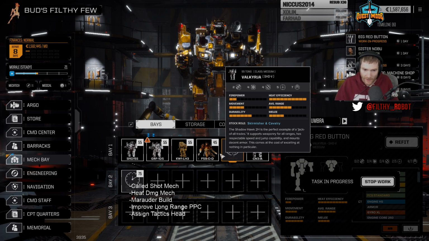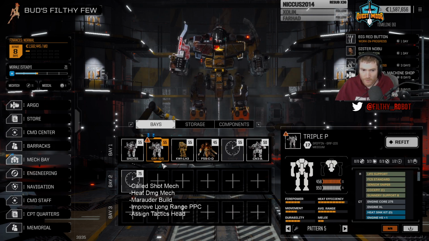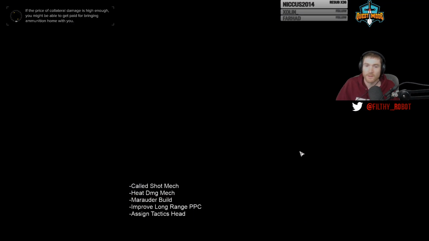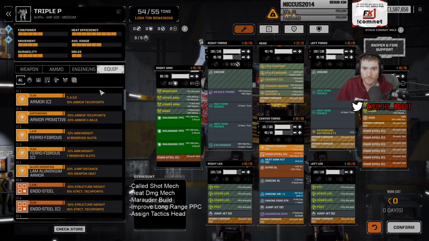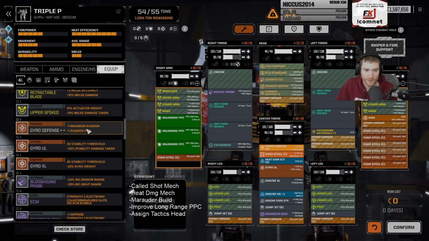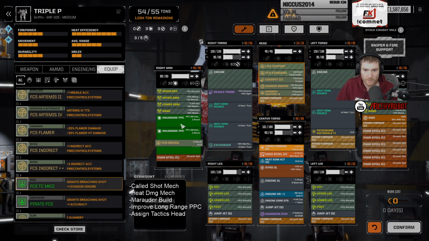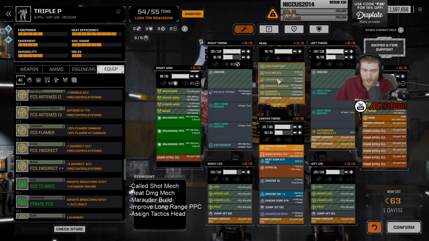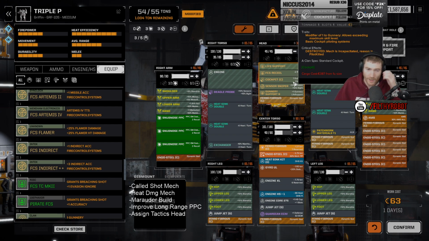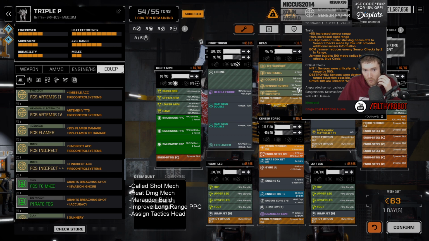All right. So Big Red changing up right there. Gives us some stuff back. We want to mess with the Centurion and the PPC boat. Triple P next. Triple P. The FCS gets replaced with the FCS recoil, which feels like overkill. Probably is overkill, but still want it. Gunnery cockpit is okay. Sensor sniper was probably getting...